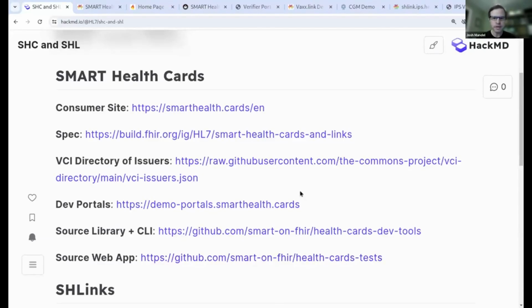But I wanted to get started and talk about some of the use cases and motivations for these specifications, which are focused on consumer-facing interoperability and helping individuals to share verifiable health information about themselves. And I'll talk a little bit about the specifications and the problems that we're solving. And I'll show a few of the developer-facing tools and demonstrations that we've put together to make it easier to work with these specifications and adopt them for real-world use cases.